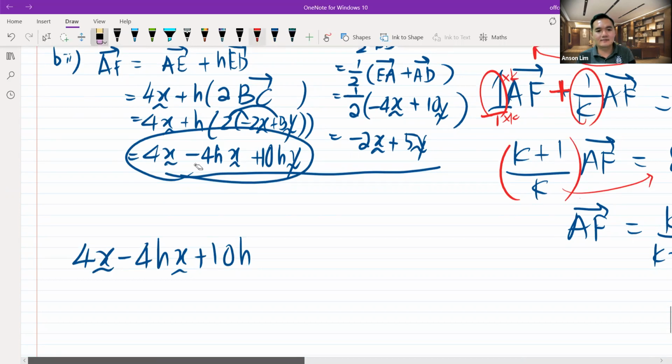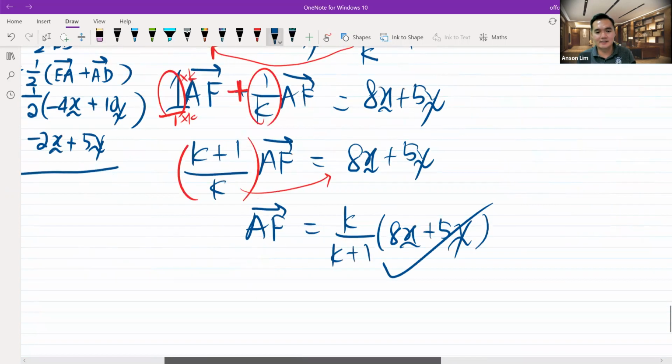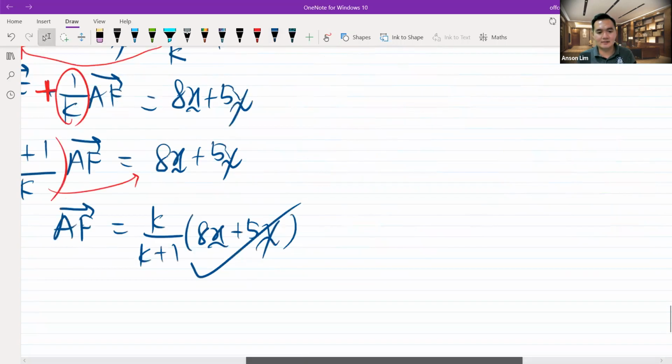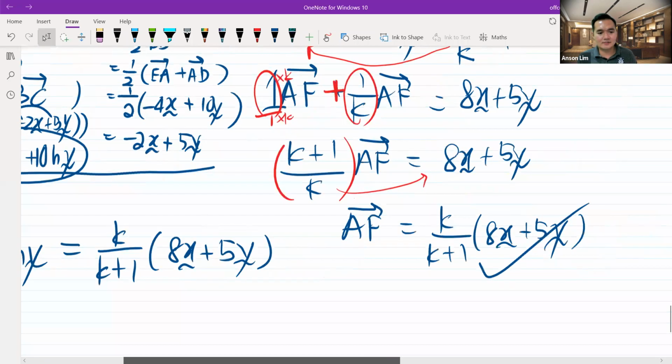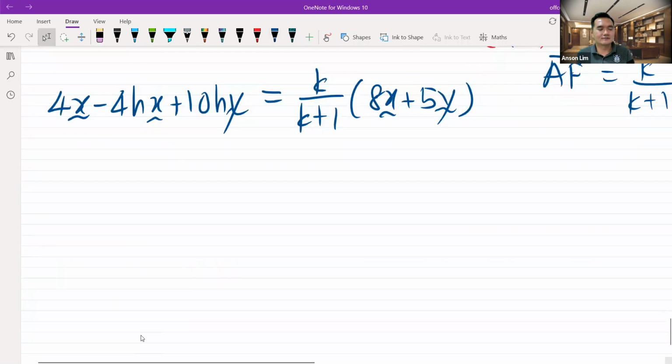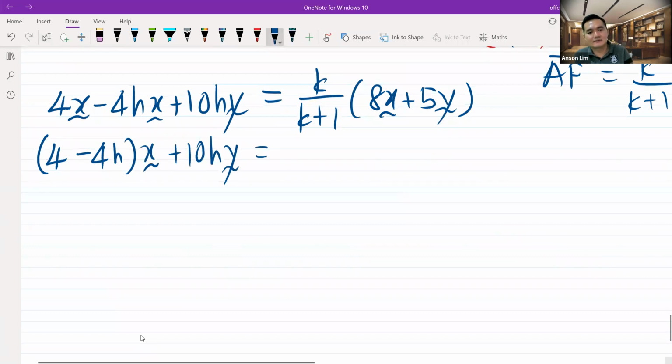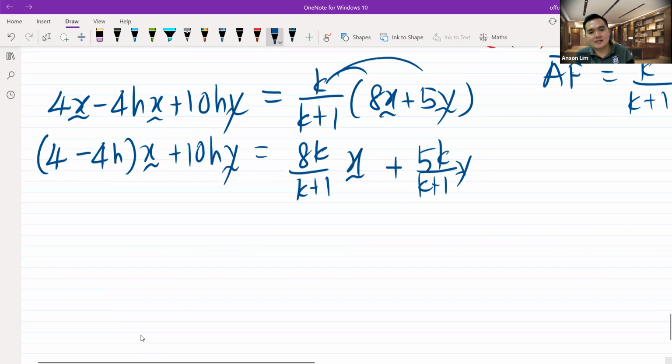Then connect them, equals to another AF, this one, K over K plus 1, K over K plus 1. Equate them, because your job is to find H and K. Continue. You want to factorize? Take out the 4 minus 4H, factorize the X. By comparison method, this also you can see 8K over K plus 1 X plus 5K over K plus 1 Y. So I told you already, by comparison method,